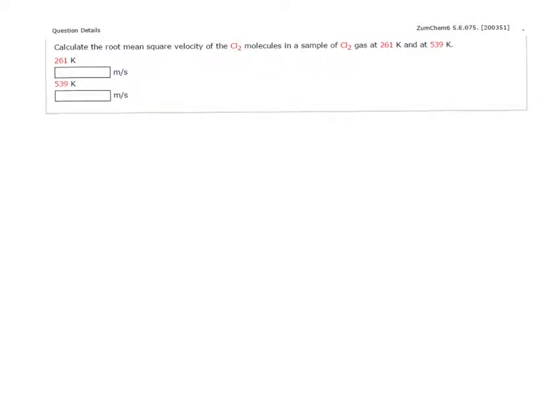In this problem, we're asked to calculate a gas's root mean square velocity at each of two temperatures. The problem itself is pretty straightforward. The only tricky part, I guess, is the application of a somewhat complicated formula. If you remember from your notes, root mean squared velocity is the square root of 3 times R times T